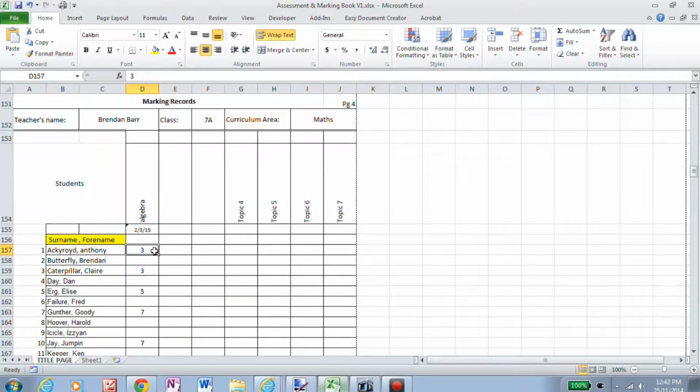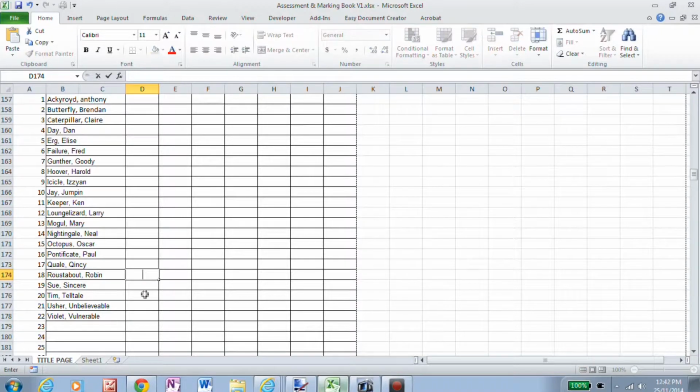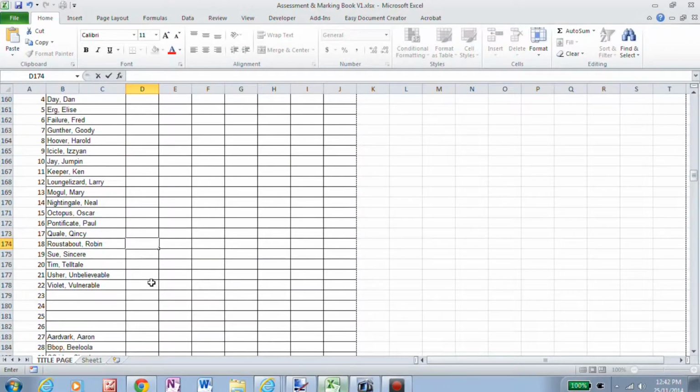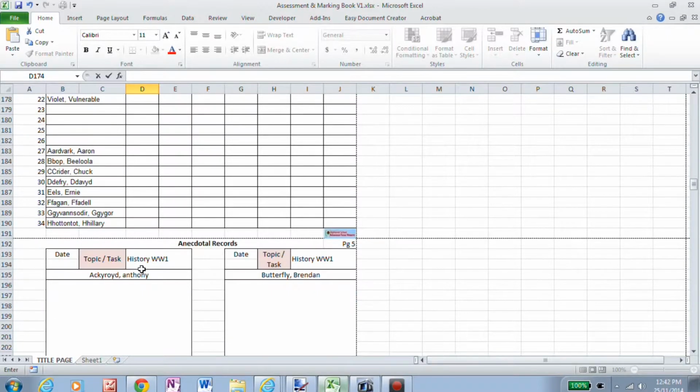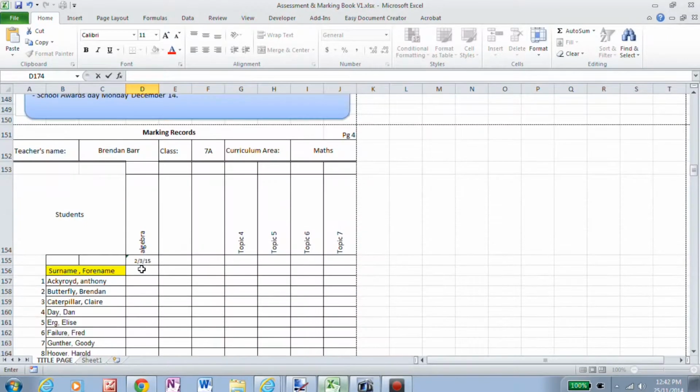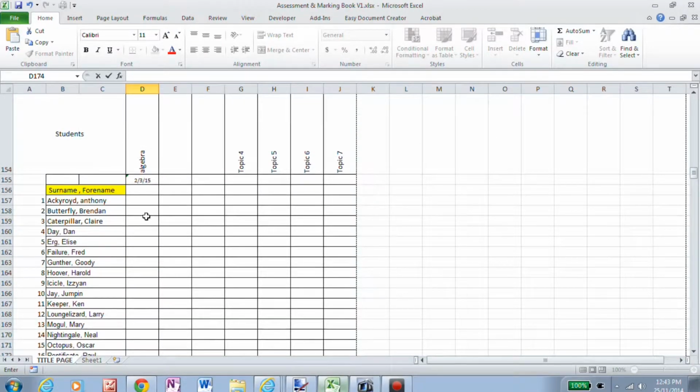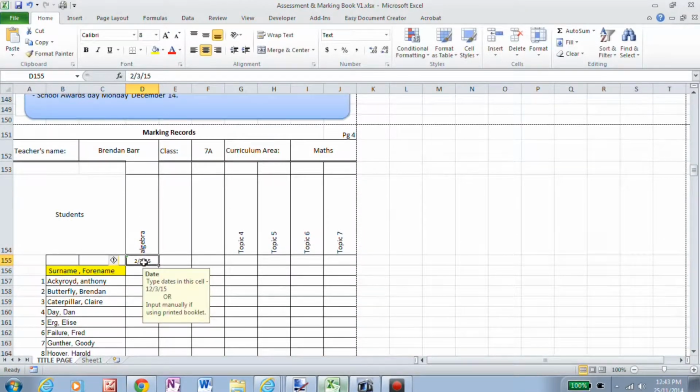If you're not going to use it digitally, that is, you're going to print a marking book and write them in by hand, that's fine. Do that. Just leave it blank and be ready to print those out. The only trick here is that you might want more than one of these types of pages. So, I would, if you're going to print it out,